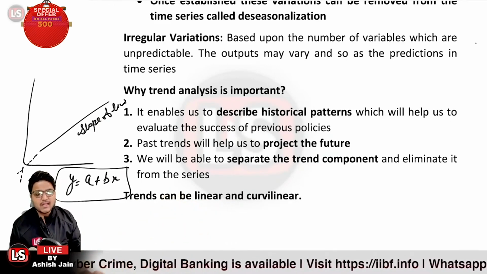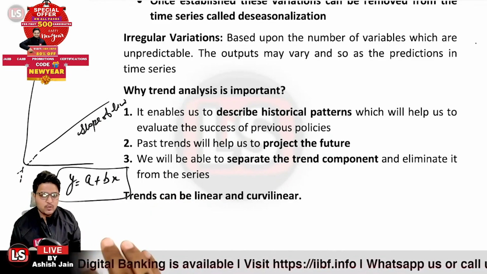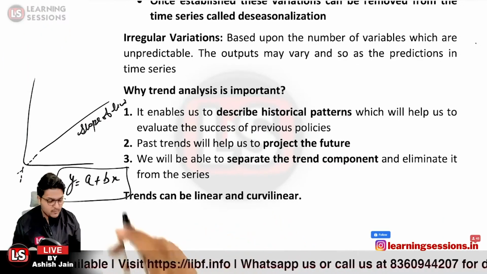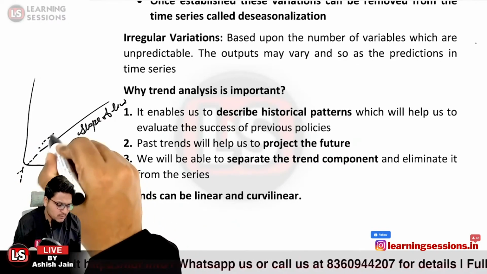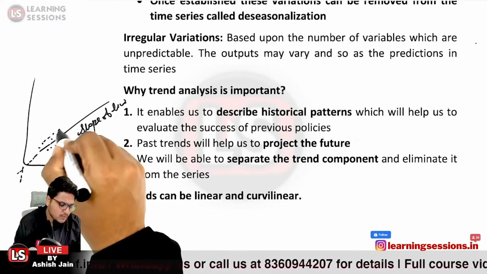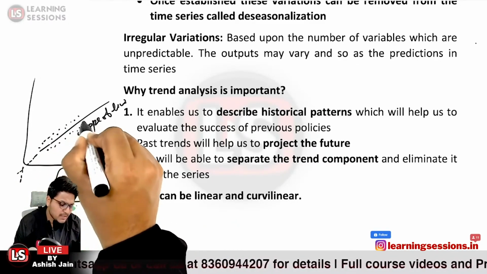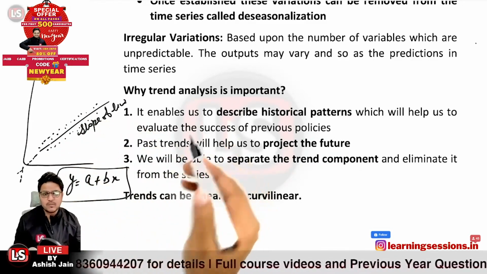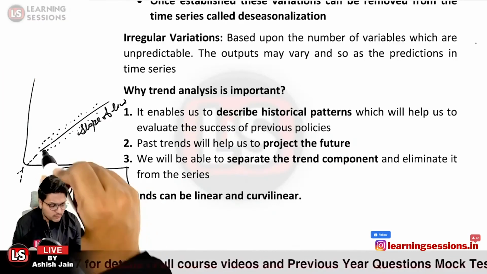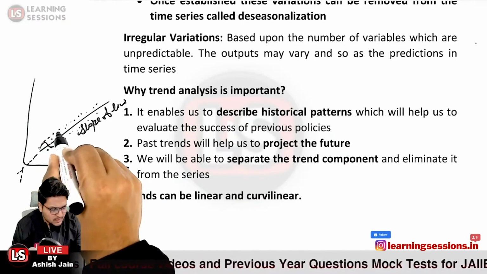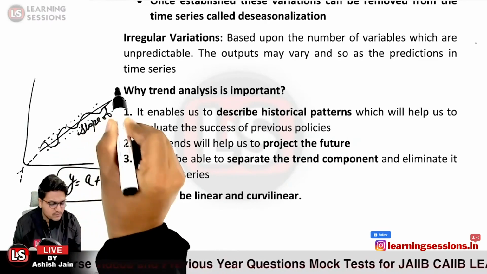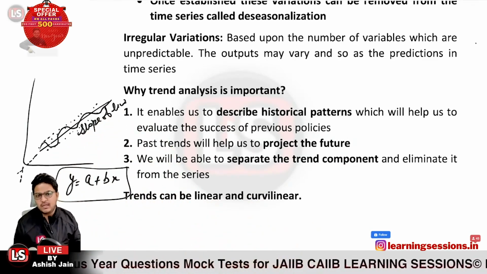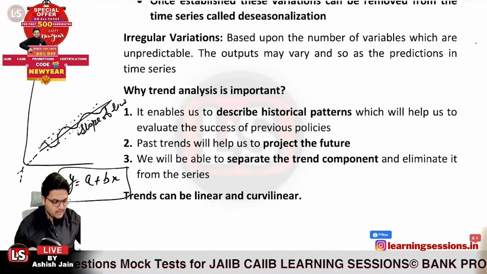Is that clear? And also, let me tell you that the trends can be linear or curvilinear. As I already told you, there will be different plots, so most of the time it will not be possible to draw a single line that satisfies all the plots. You have to draw something like that, so it will satisfy most of the plots over there. So it can be basically linear or curvilinear. Okay.